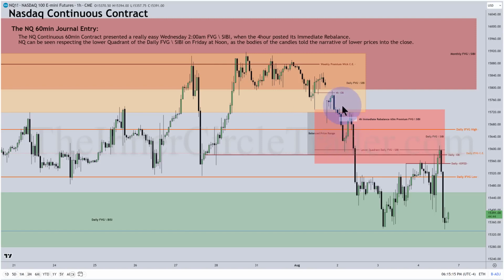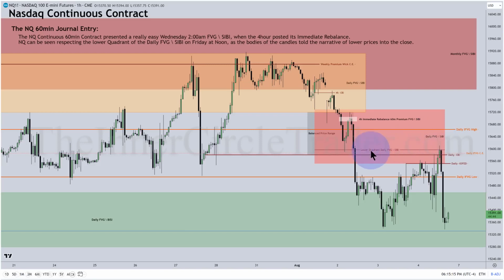You can see again all this back and forth delivery that isn't readily available in terms of looking at it on a daily chart. But now look even closer. If we take this candlestick's low, which is the high of this daily fair value gap SIBI, so this shaded pink area here, that's this candle's low to this candle's high. That's the range, okay? That creates that daily fair value gap SIBI. If we drop a fib on that candle's low and that candle's high, and you add in the 0.75 or the 0.25, whichever direction you're pulling the fib from, the lower quadrant of that daily fair value gap SIBI,